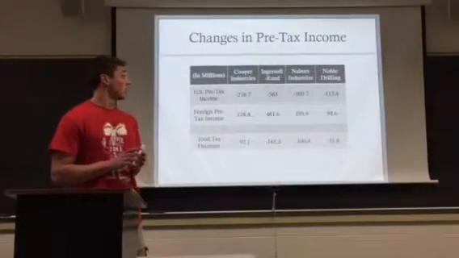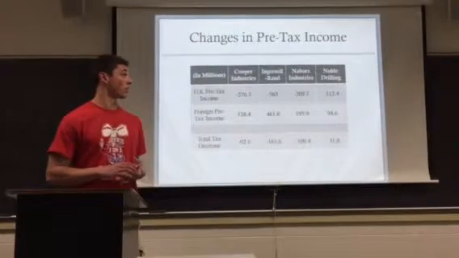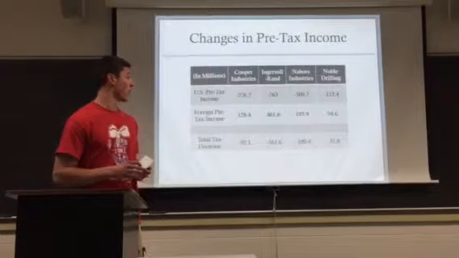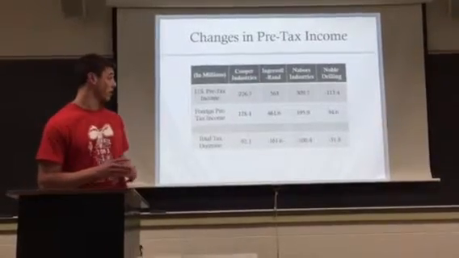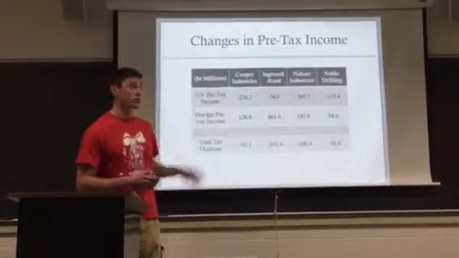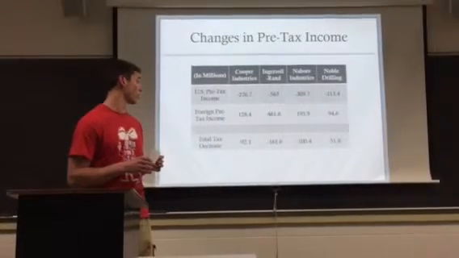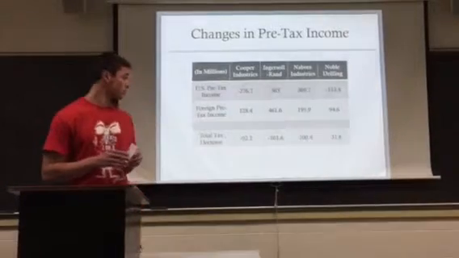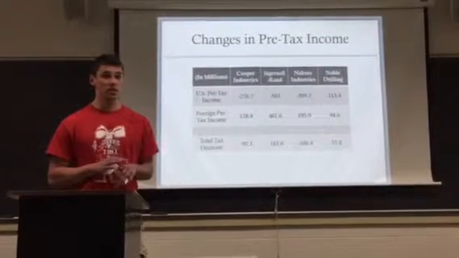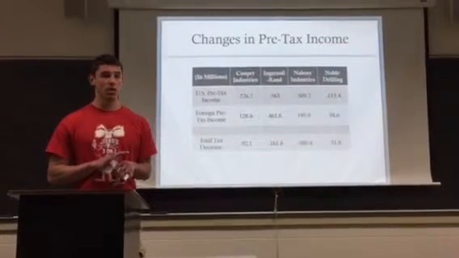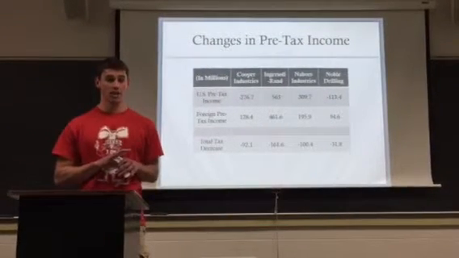The second table that they studied dealt with changes in pre-tax income. In this study, they looked at four of the 12 inverted firms and compared their pre-tax incomes, foreign and U.S., and then looked at their total tax decrease. What they found here was that U.S. pre-tax income decreased substantially in post-inversion years, and the foreign pre-tax income actually jumped. Because of this decrease in U.S. pre-tax income, the total tax essentially decreased, because the 35% tax rate of the U.S. was not being applied to as high a pre-tax income in the United States.